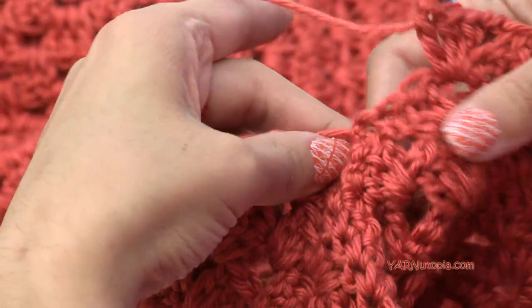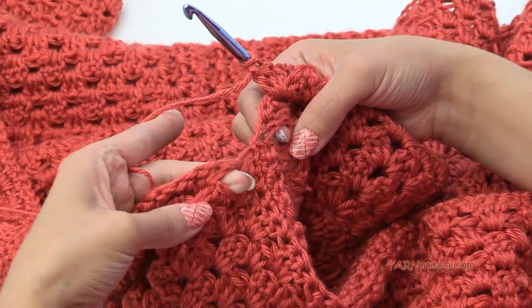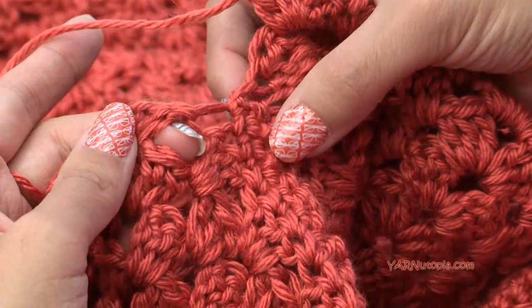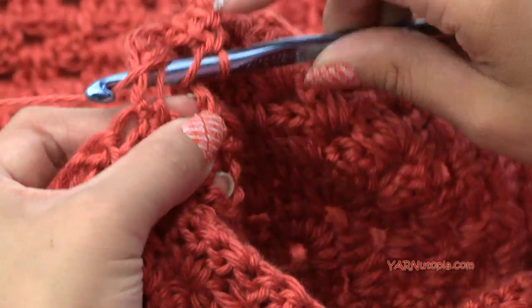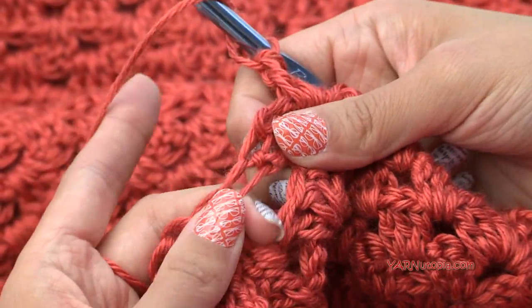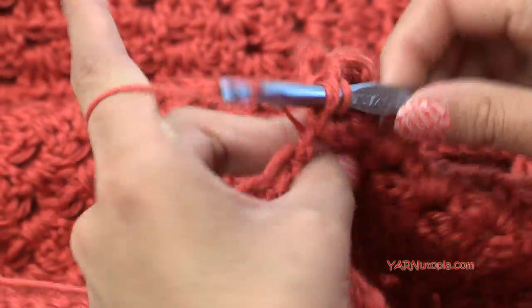Okay, so right here, now we're at this point where we sewed this closed. So now you see this space here, and this space here. And this is our seam. We are going to work 3 double crochets in here. And it may be a little hard to see because there's a grouping right here, so you want to be able to get into the space here. So put 3 double crochets here,